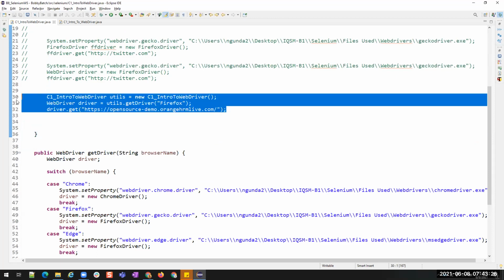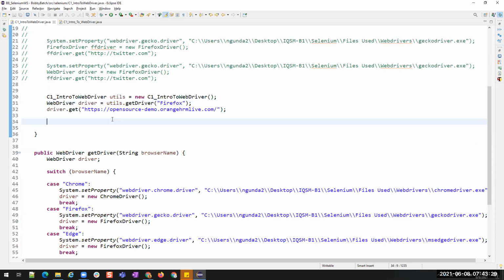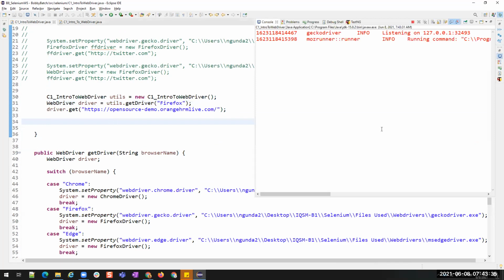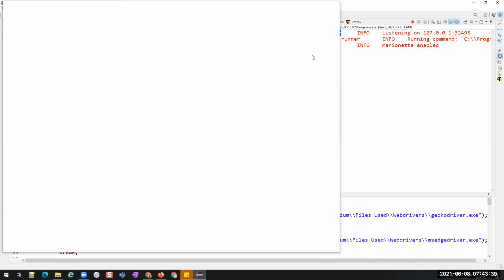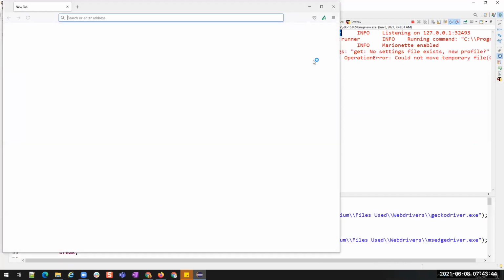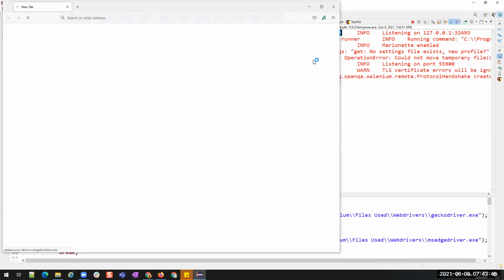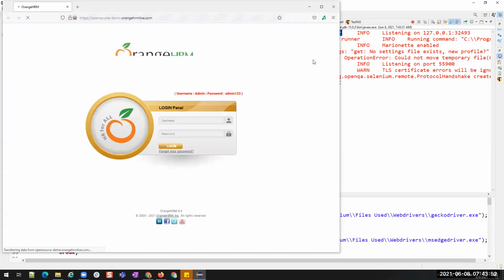The rest of the statements will be the same for all the browsers. Okay. Now let's see this. Firefox driver. See, on Firefox, Orange HRM is open.